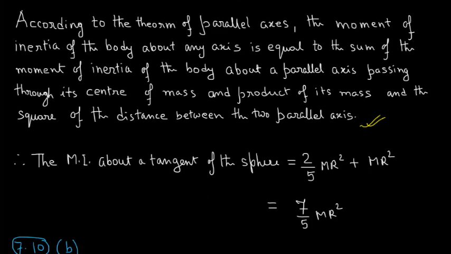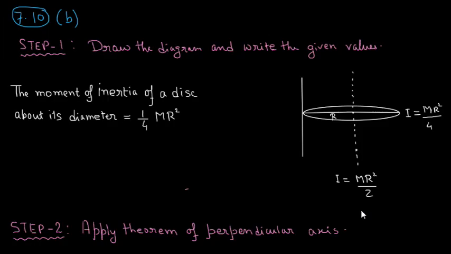So moment of inertia about a tangent of a sphere: this is 2 by 5 mr square about the diameter, and this mr square came from the theorem of parallel axis, and when we add it, we get 7 by 5 mr square. Now let us see